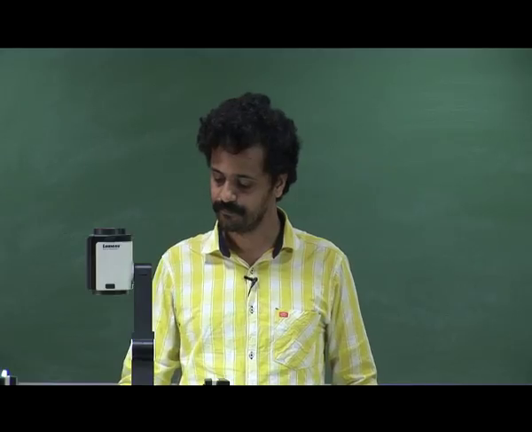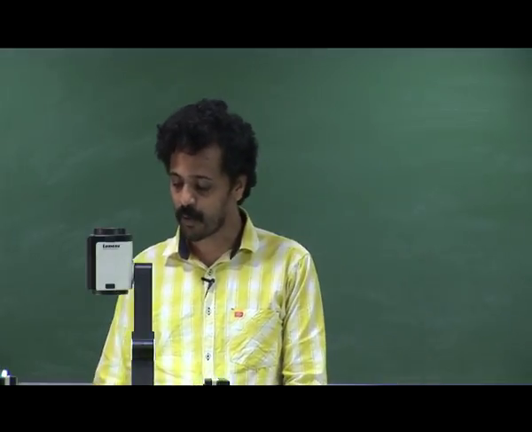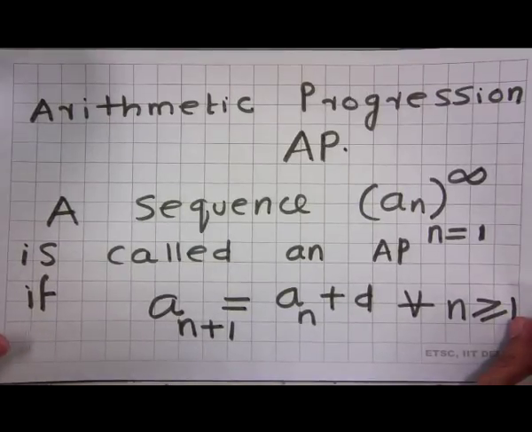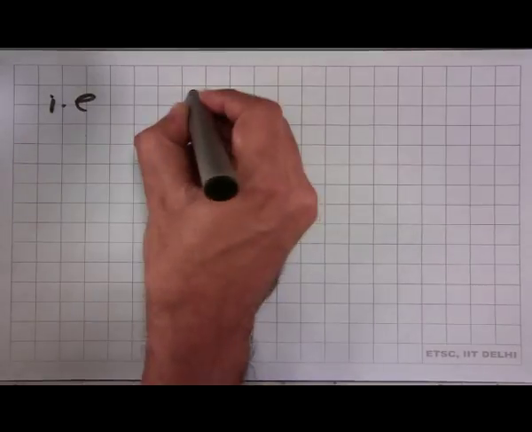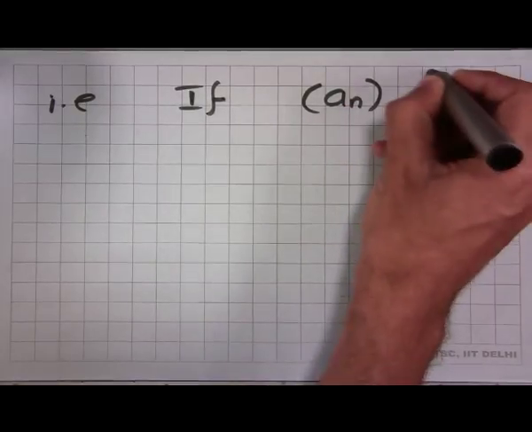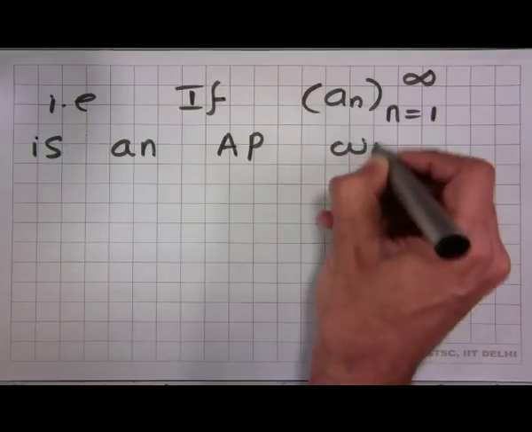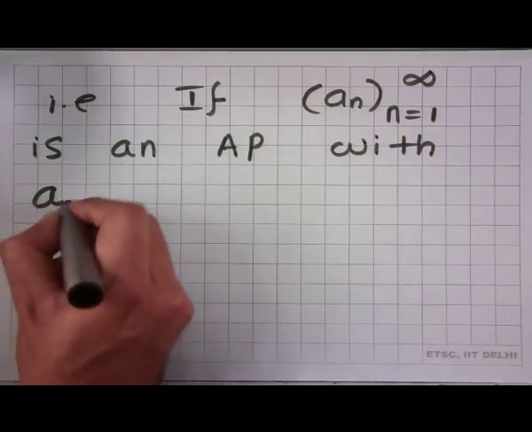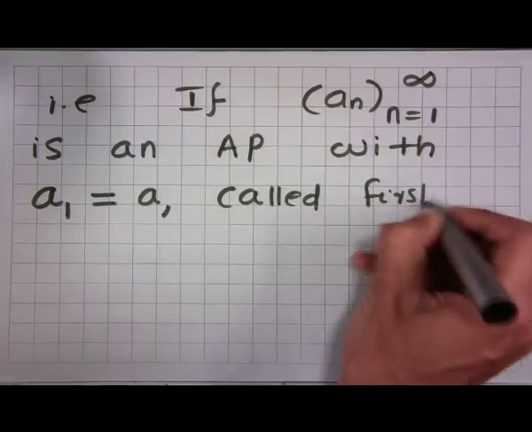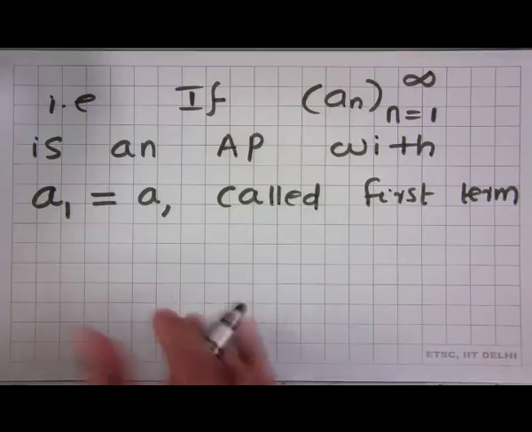The first term a1 and the common difference d determine the arithmetic progression completely. That is, if a_n, n equal to 1 to infinity, is an arithmetic progression with a1 equal to a, called the first term, and the difference between two successive terms is d, called the common difference,